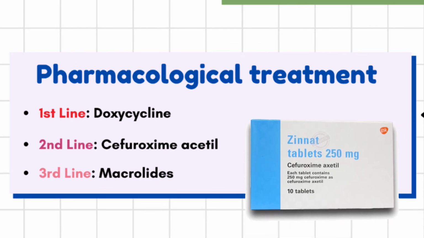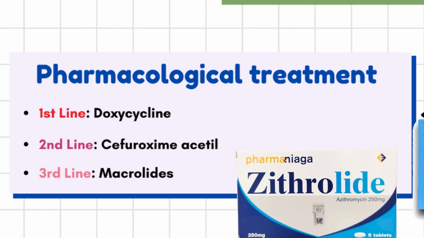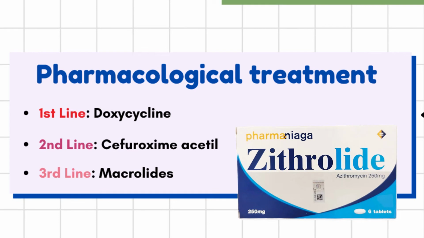The second line of antimicrobial agents used to treat Lyme disease is cefuroxime axetil. Cefuroxime axetil is prescribed and recommended to patients that are not suitable for taking doxycycline as a treatment. The third line antimicrobial used in treating Lyme disease is macrolides. All guidelines approved and recommended the use of macrolides such as azithromycin for the treatment, especially for patients contraindicated with doxycycline